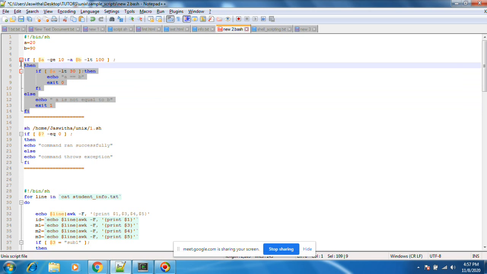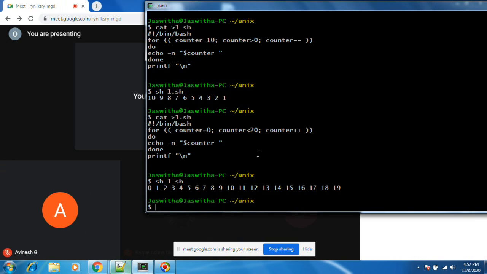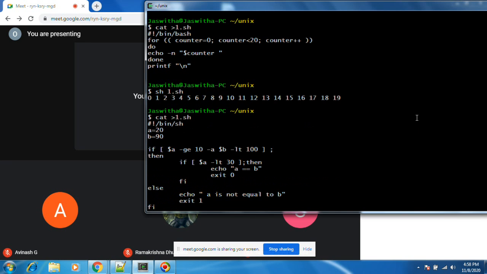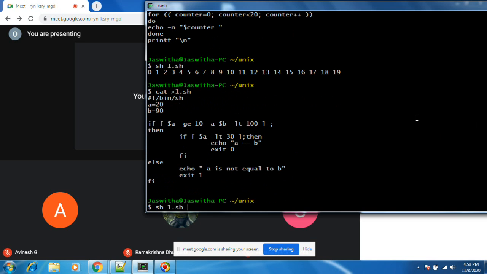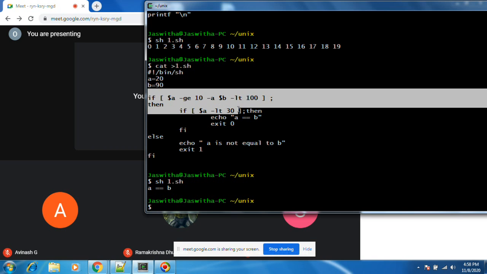Okay, let's run this one. It will run definitely, 100%, nested if. You see, A equal to B. See all conditions.